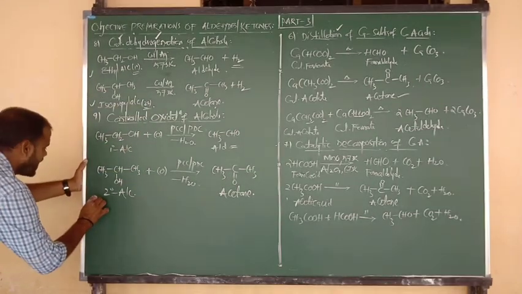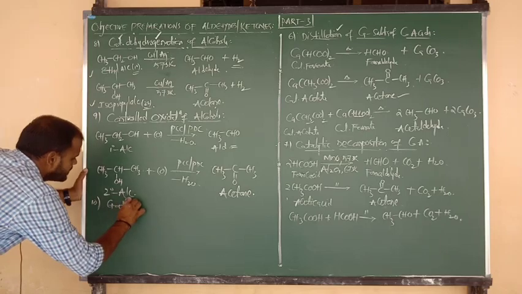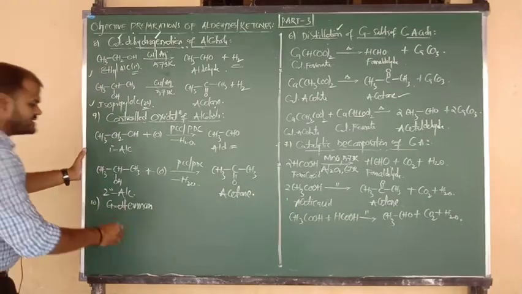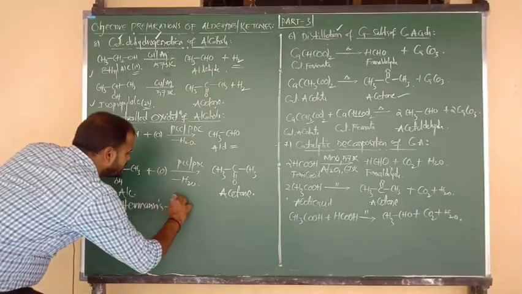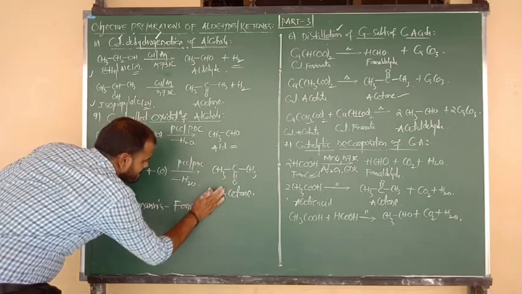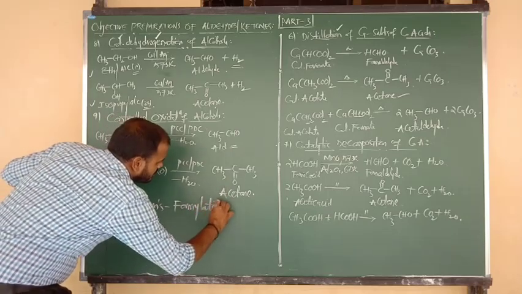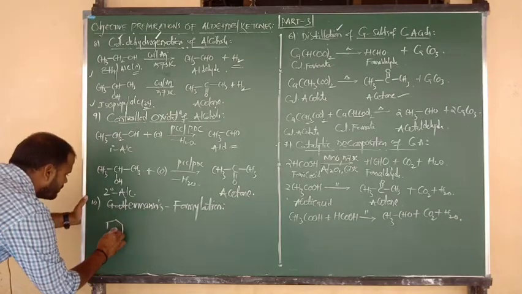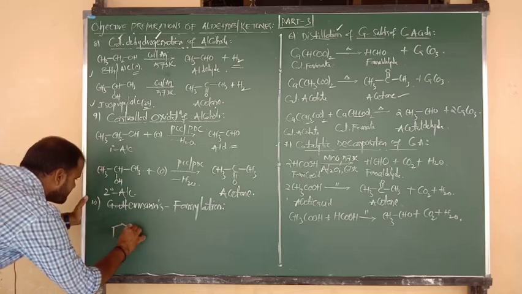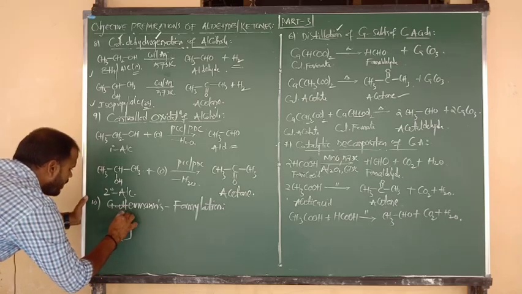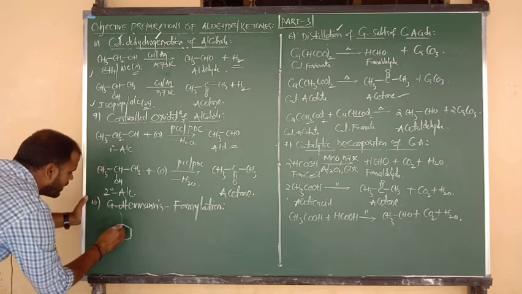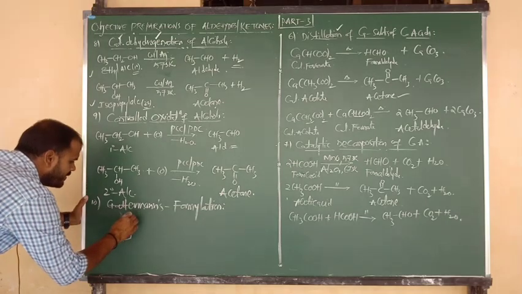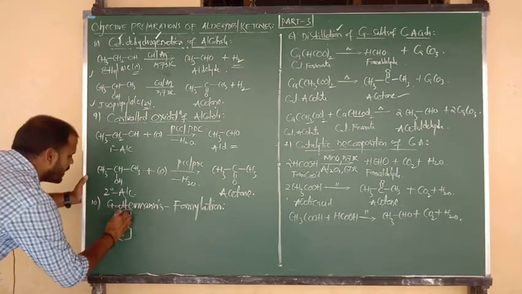Good. The next reaction is Gattermann's. Already I have told you in NCERT preparation the Gattermann-Koch reaction, but this is Gattermann's formylation reaction. What is Gattermann's formylation reaction? First of all, consider a benzene ring, and from the first carbon we are going to remove one hydrogen. To show the variation, denote it here as H prime. That hydrogen we are going to remove.